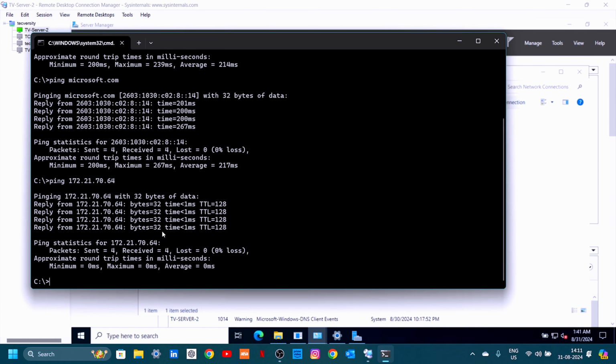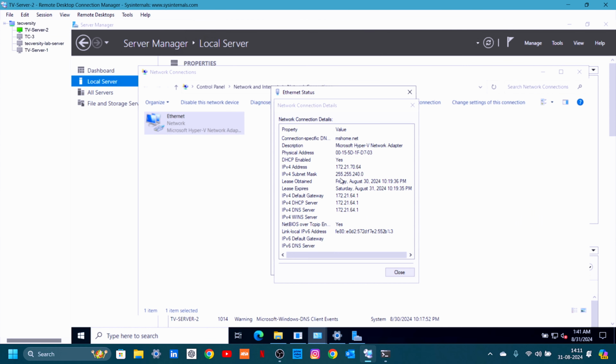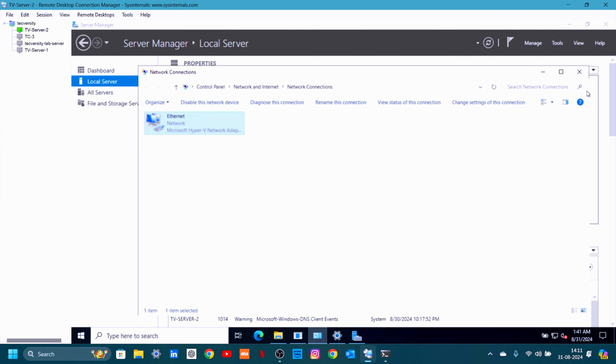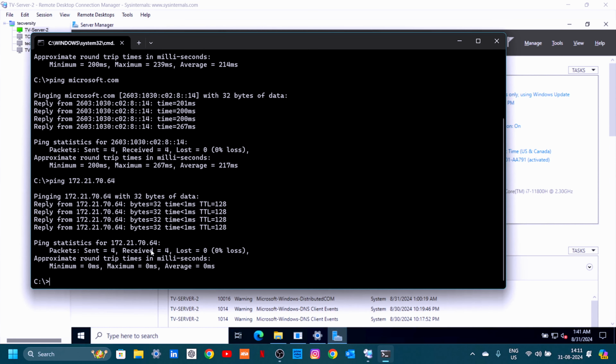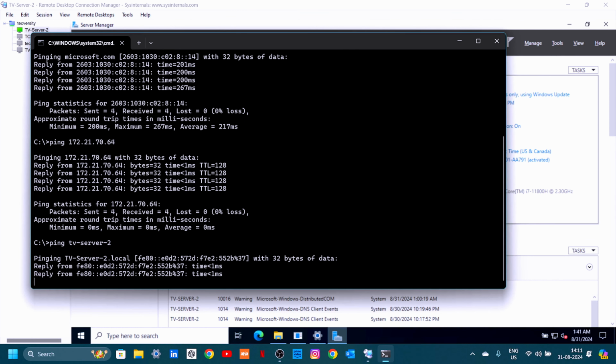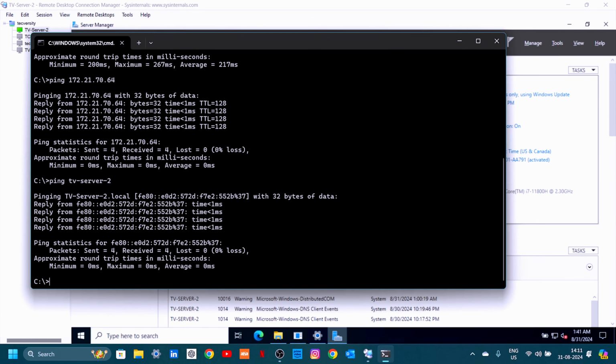And let me try a different way. Now I have pinged with the IP address. Now let me ping it with the name that it has. The name is TV server 2, TV in the sense of Tecversity. So now I ping TV server 2, and let's see what it says. Since I have given the name, it is using IPv6 as the option here, and it's again the same.